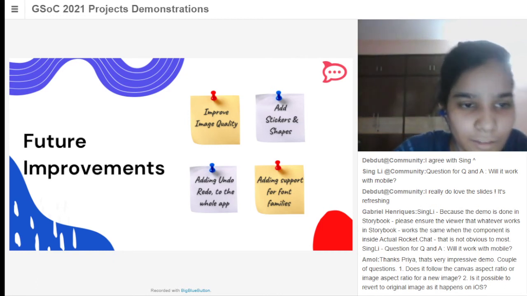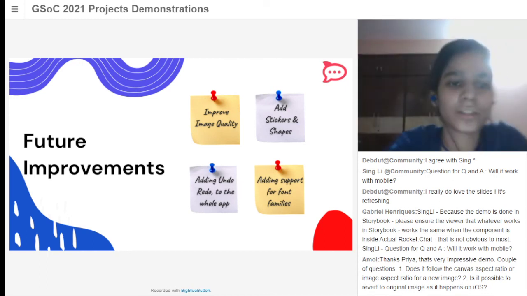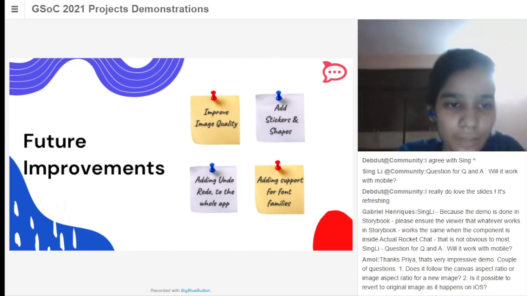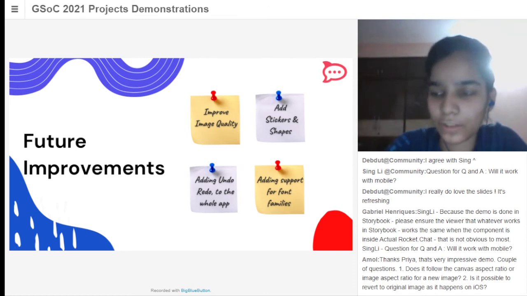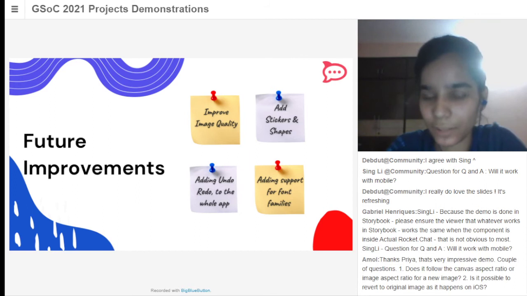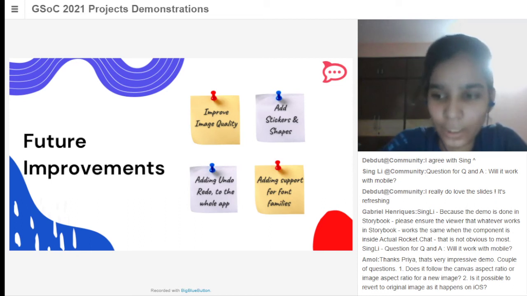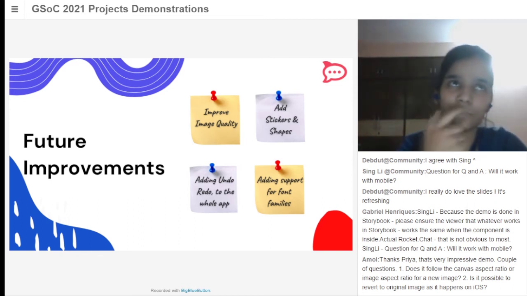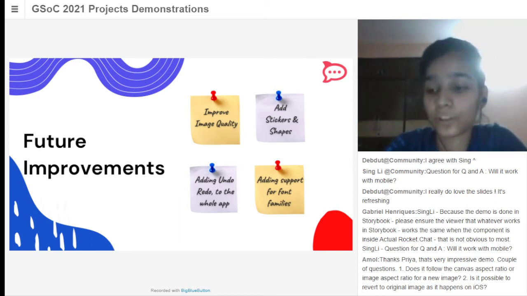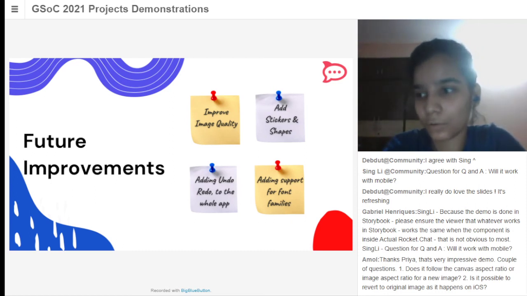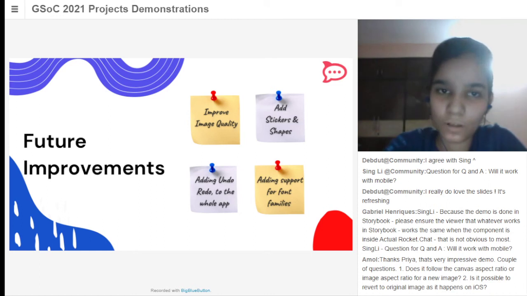Yeah, I'll try some. So, Sync, to answer your questions: yes, if it's running in Storybook, it can be integrated. It will work the same in Rocket.Chat. We are running on Storybook because it's a Fuselage project, and there are certain steps to be followed. It first needs to be integrated in Fuselage, then the Fuselage versions will come out, then we will get it into Rocket.Chat.